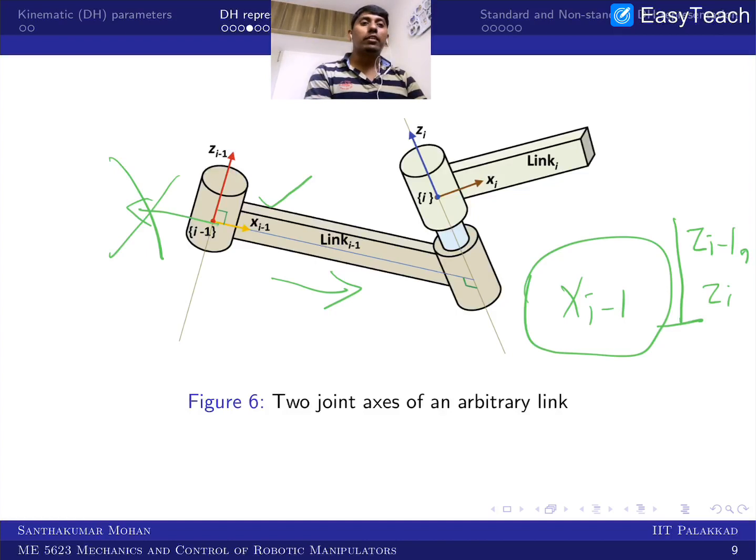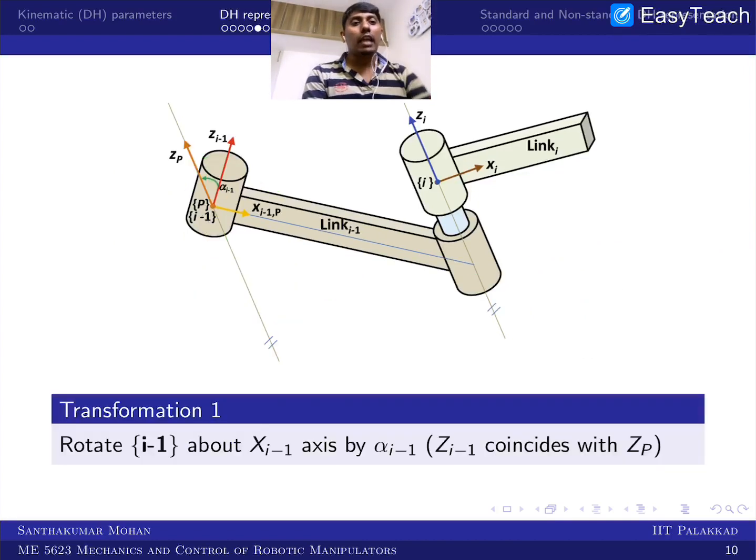What we do next is see what the angle is. I am taking zi parallel. How much angle I need to rotate about xi-1, that is what I call the twist angle. In the next slide you can see I am taking a parallel and rotating about xi-1, making zi-1 parallel to zi. Only one transformation is done, which is nothing but rotation about xi-1. The angle is alpha. Here the positive angle we have taken.